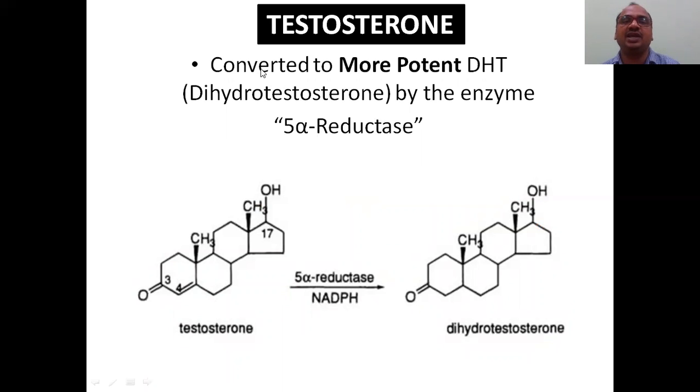Testosterone first we are observing. I told you testosterone is converted into dihydrotestosterone, DHT, not DTH. DTH means direct to home. Your TV is there, no? Those who relay various TV channels, direct to home. This is just the reverse of it: DHT, dihydrotestosterone. This is by an enzyme that has appeared a number of times: 5-alpha reductase. 5-alpha reductase is the enzyme which converts testosterone into dihydrotestosterone.